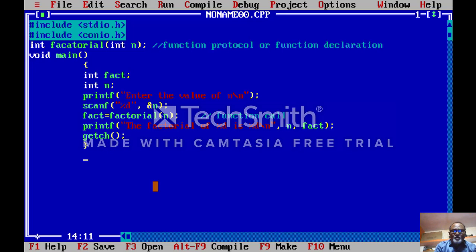Now below this we define the function factorial. So factorial, here int f, inside the curly brace we can write the value of